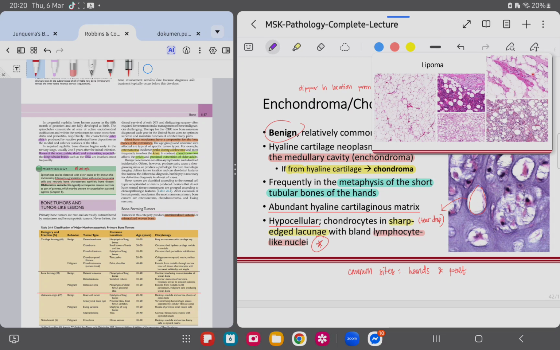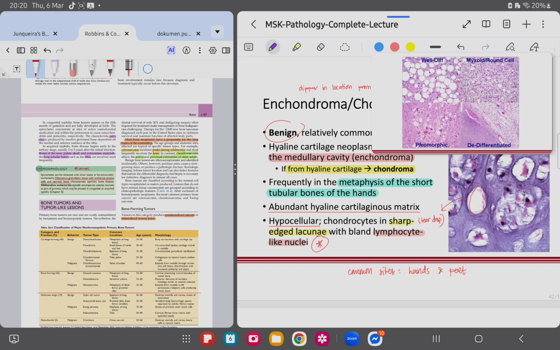The good thing about soft tissue tumors is that most of their malignant counterparts are followed with sarcoma. So definitely your liposarcomas have a variety of morphologies, including your well-differentiated liposarcoma, in which you see these atypical stromal cells admixed with varying sizes of adipocytes. Okay, you can have your myxoid round cell liposarcoma.